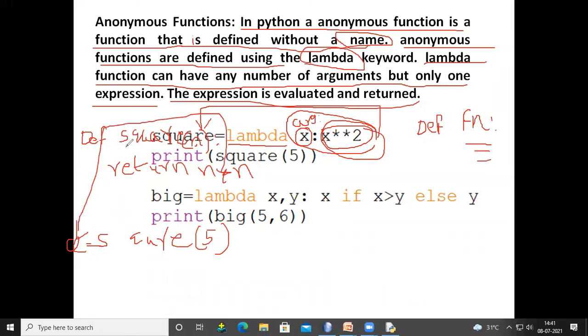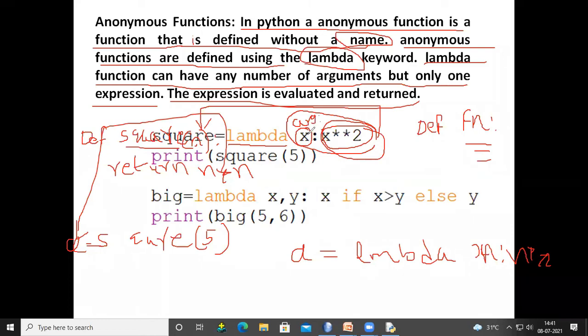Instead of defining a function with the name square, I write a equals lambda n colon n square. If I call print a of 5, then it returns the square of that number.